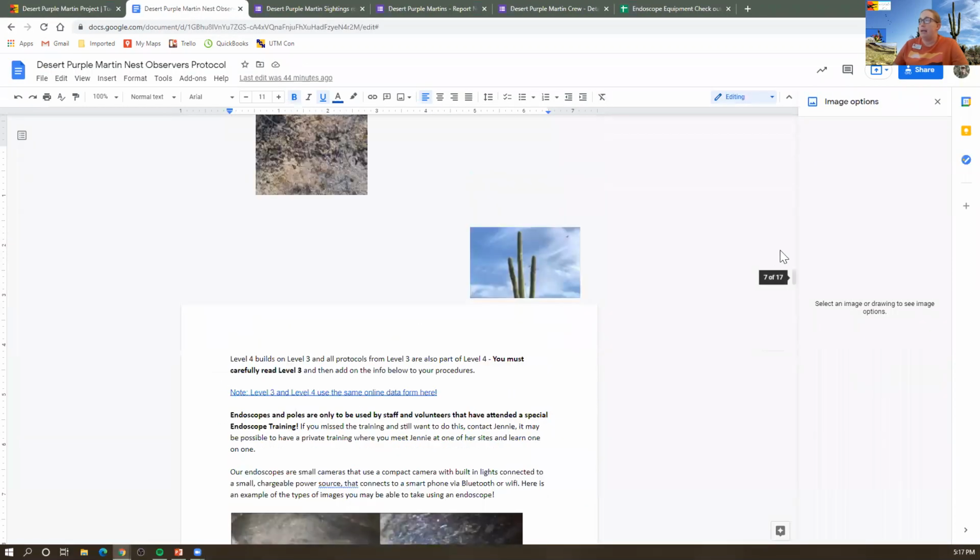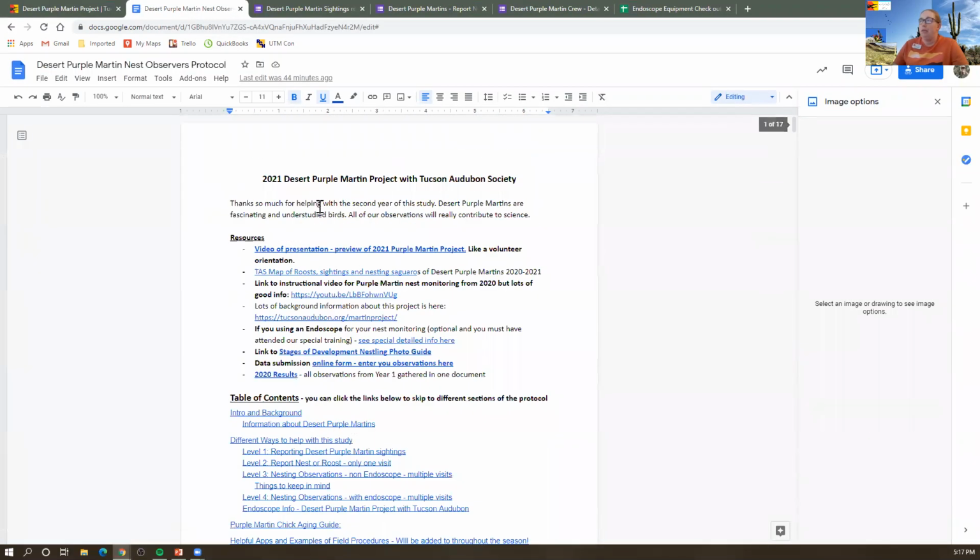So this document is what that link goes to. I'll also put this in the email to you all, but this is going to be our main protocol document. I felt like I was getting too many documents that were different from each other, so I've coalesced everything into one. So no matter what level you're helping at,